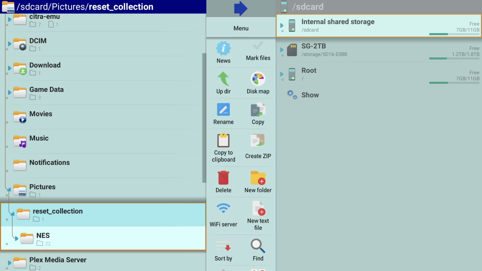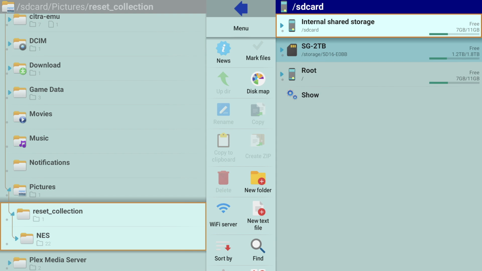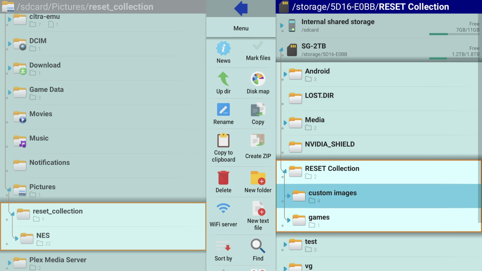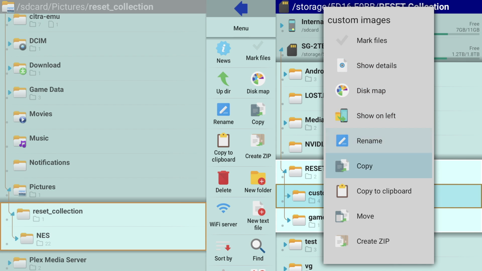And inside the Reset Collection folder, the images are saved by system, and then within the system folder, they're saved within game folders. So let's say you have your own images that you want to use as box art or the backdrop or logo or banner. Well, you can do that with Reset, and I'm going to show you how. Now, you don't have to do what I'm doing now. You can add any image from anywhere on your storage,